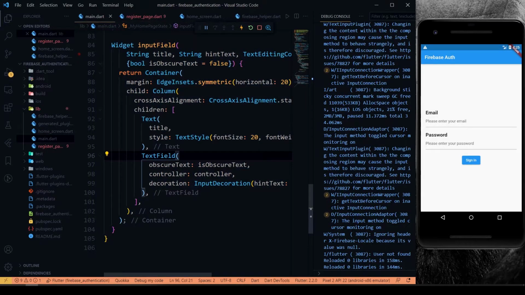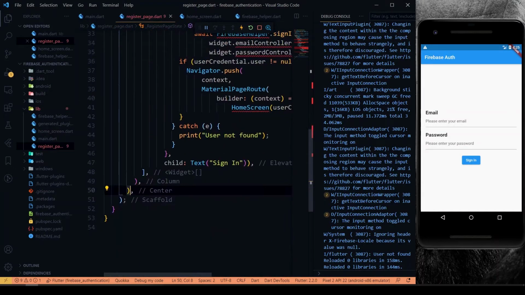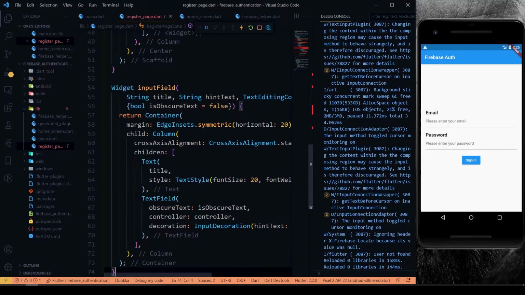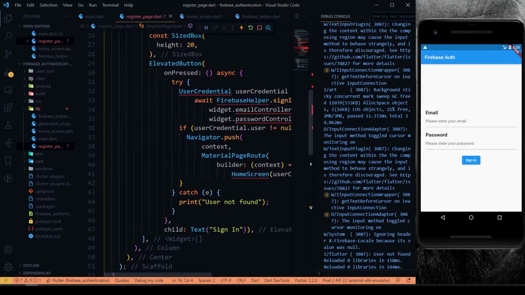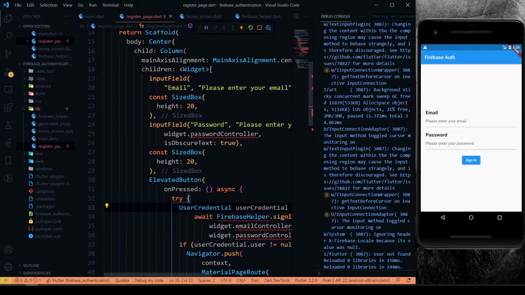You can also make a common function in a separate file, but for now I'll just copy paste that here in the same file. Just import it.